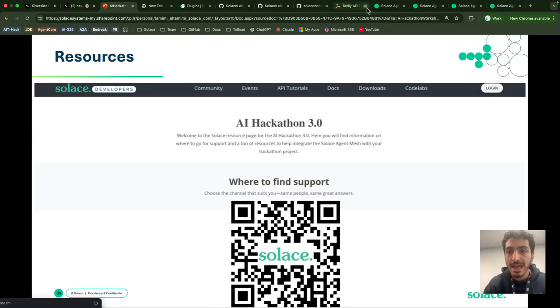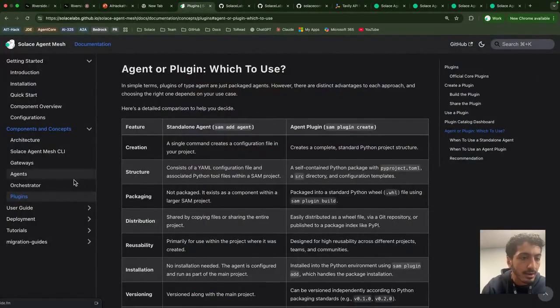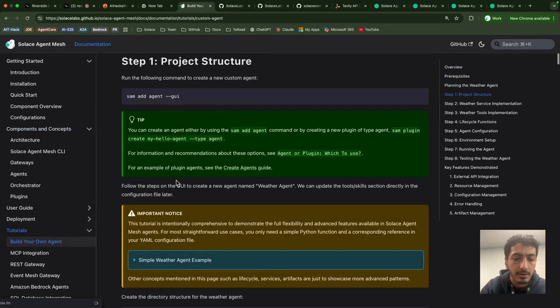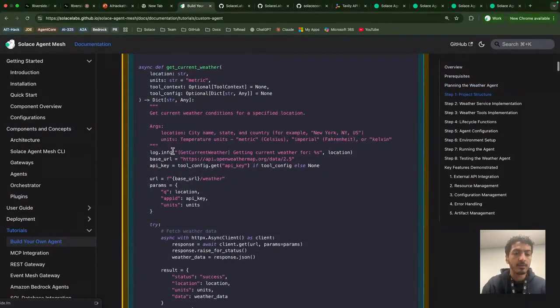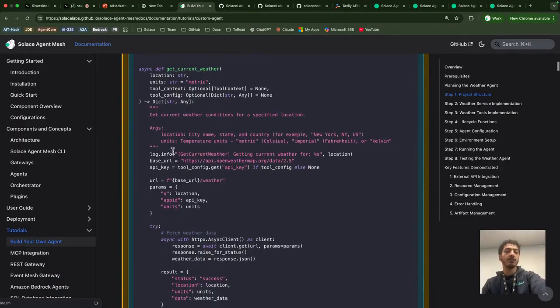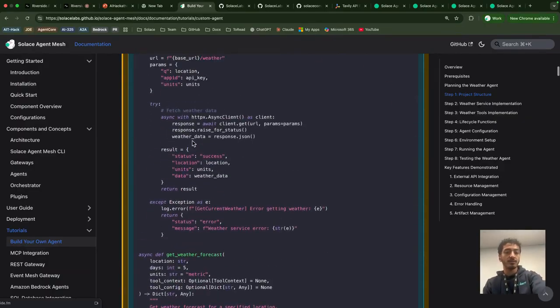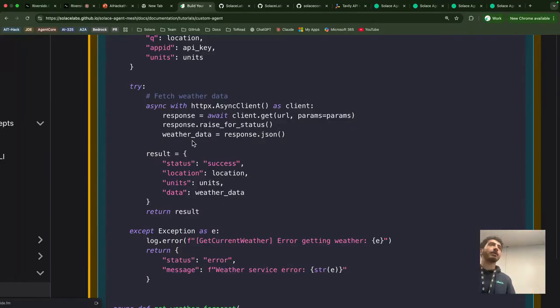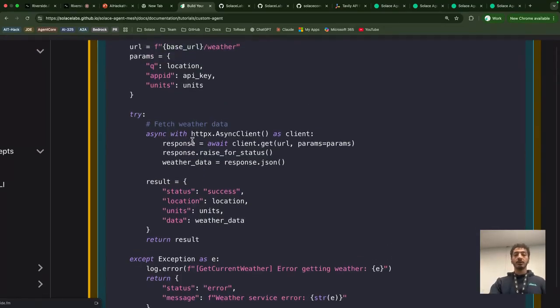I don't really have time, but I can quickly show an example of an agent. If I go to tutorials, you have build your own agent, and there is a simple weather agent. The function that you're actually writing is a get weather function. All the function is doing is making an API call to the weather API, and that's it. All the other framework pieces, orchestration, instructions, prompts, and error handling, are handled by the framework. So when you're creating custom logic, you just write that minimum code, and everything is taken care of for you.